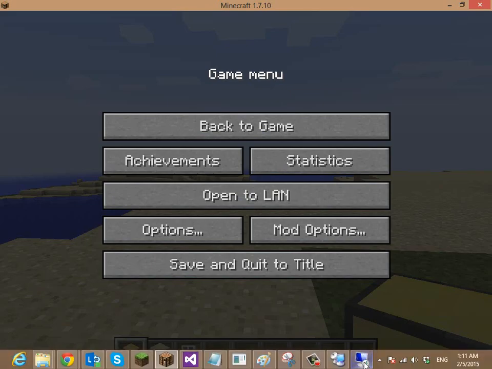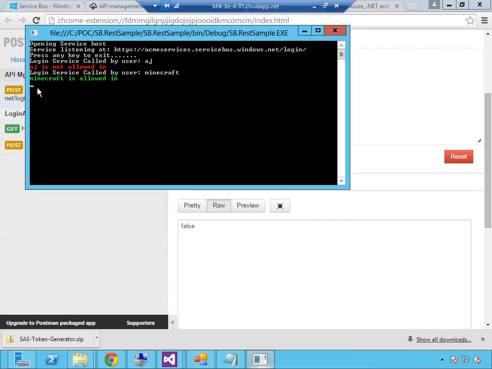So if we jump back to the console, you can see here we've just had another message saying service was called by Minecraft is allowed in. So you can see that proved that Minecraft called right through the API Management, through the relay, into our code, and then we returned that back. So now let's have a look at what the code itself does. So if we stop the console app,